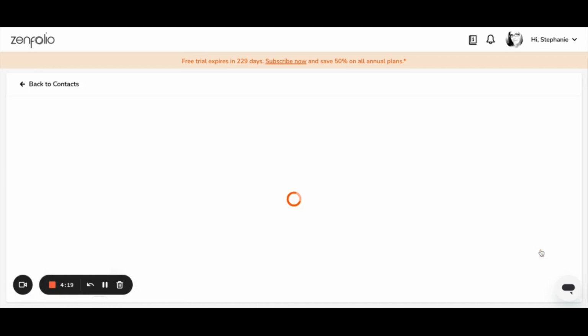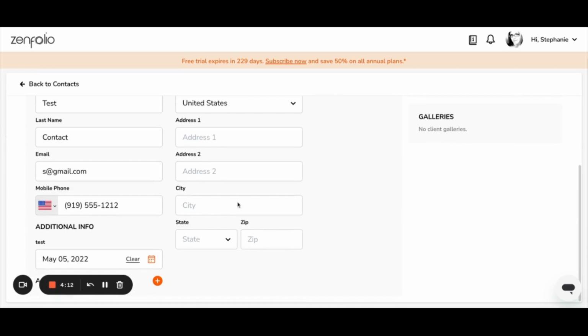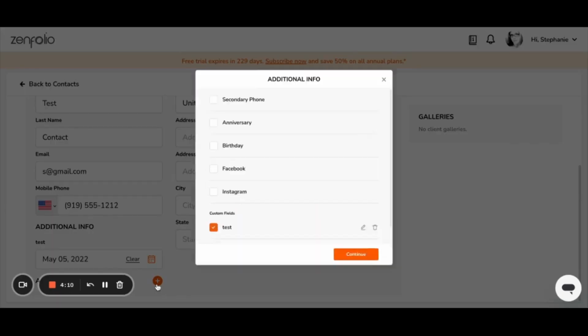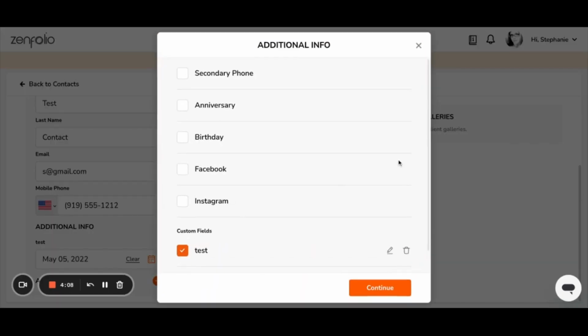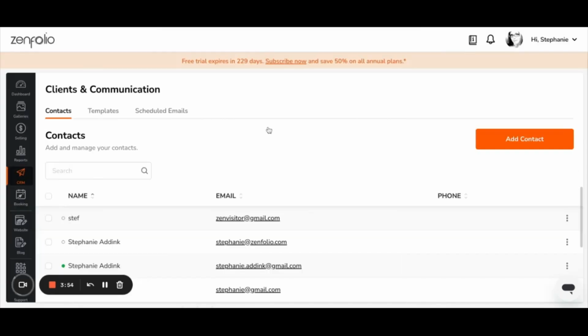If you choose to edit the contact, it's going to pull up this screen. You can edit the fields such as their address or phone number. You can also click this to add additional info that you wish, such as their social media, their birthday, or you can create your own custom field for information, such as they prefer to be contacted by text instead of a phone call. If you go back out,